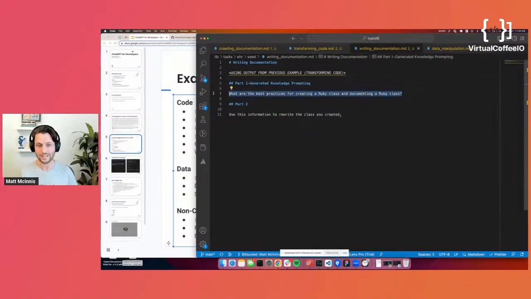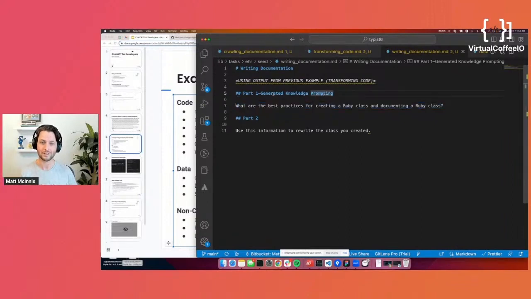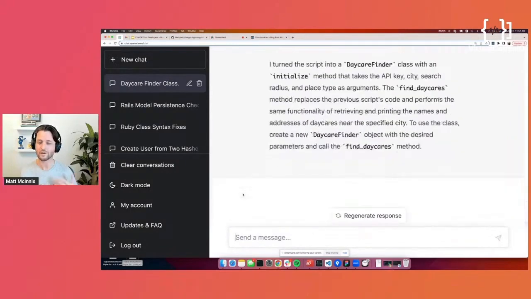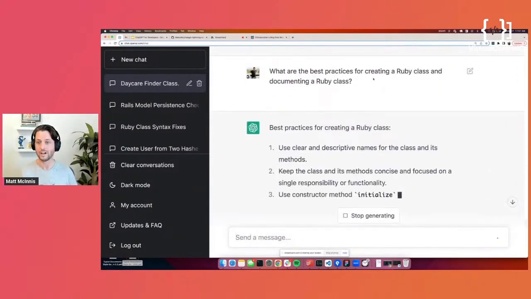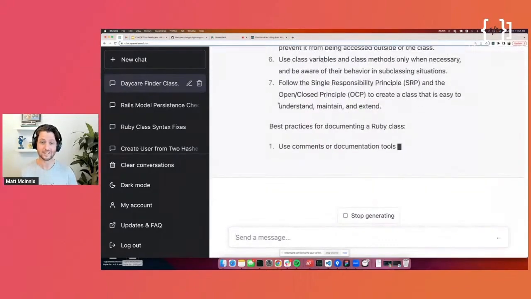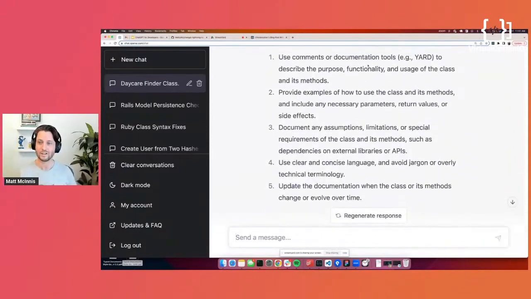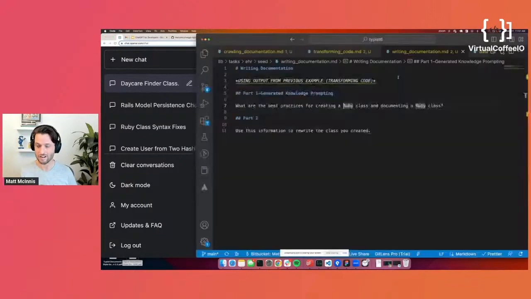And I'm going to motivate this with the only example of an intermediate advanced prompting technique. It's called generated knowledge prompting. It's really cool. So instead of jumping in and just saying, hey, write documentation for this class, because it's going to do only a mediocre job at that, and I'll ask you to take my word for it, I'm going to ask it to describe what the best practices are in Ruby for writing a class and writing Ruby class documentation. And it's going to give me a really good list of best practices. It's going to say keep the methods small and make them understandable and use documentation techniques like Yard, etc.